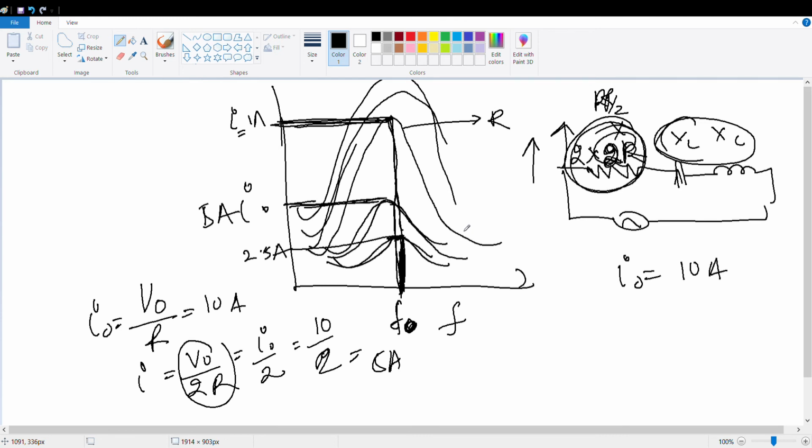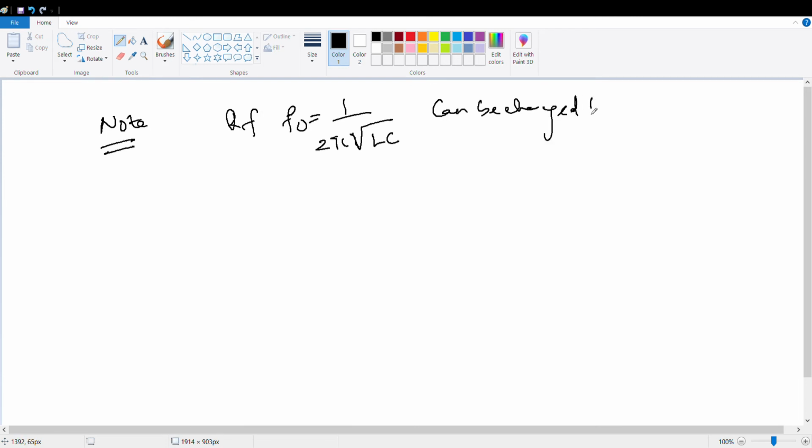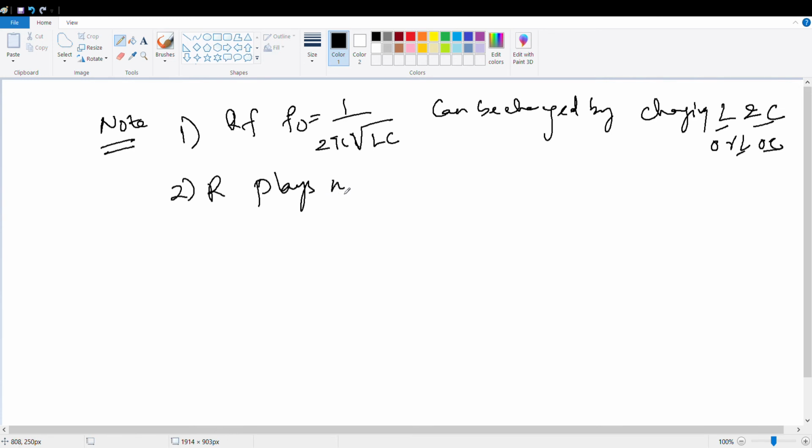So some points to note. Please make a note. Resonant frequency, which is F naught equal to 1 by 2 pi root LC, can be changed by changing L or C. Either you change L or C, or you change both, and your resonant frequency will get changed. Very important. Second, R resistance plays no role